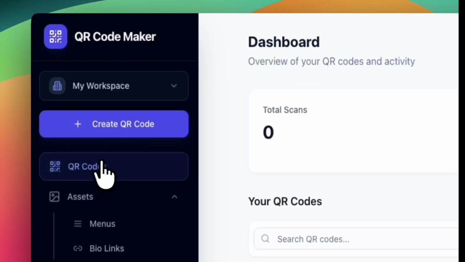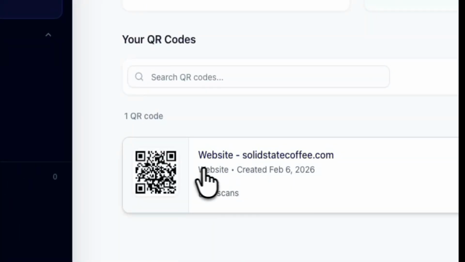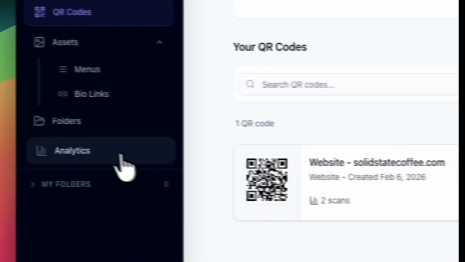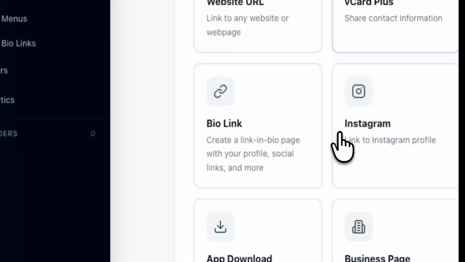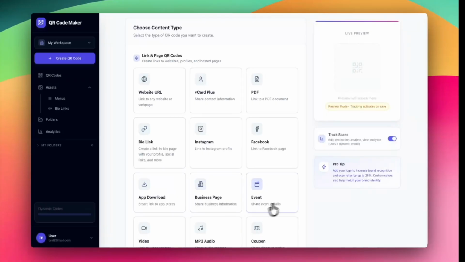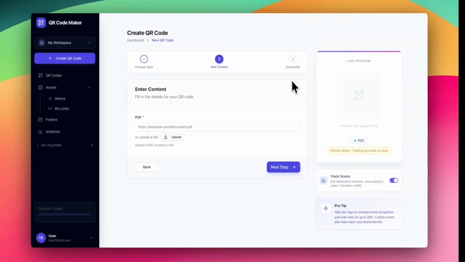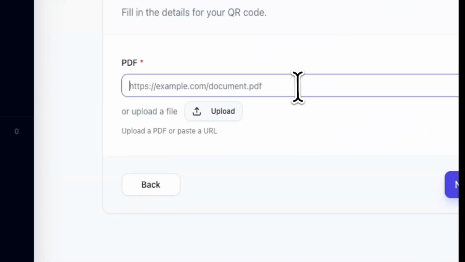So after you make your first QR code, I just want to go back to the homepage, and you can see we have our code here, which has 2 scans, and you can make additional QR codes. And this is what I was alluding to earlier, that there are many different types of QR codes that you can create. So let's say you have a PDF document on your computer that you want to turn into a QR code. Well, you can select the option for PDF and then click on the upload button to select a file from your computer. Or if there is a PDF that you find online, you can also link to it here.